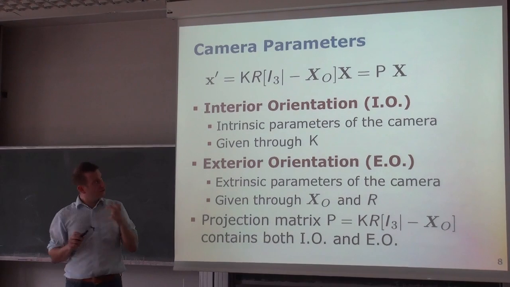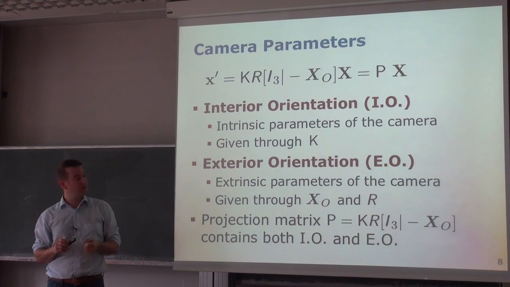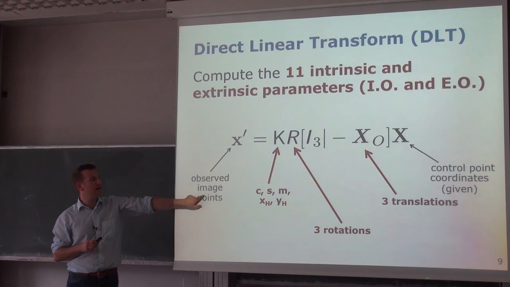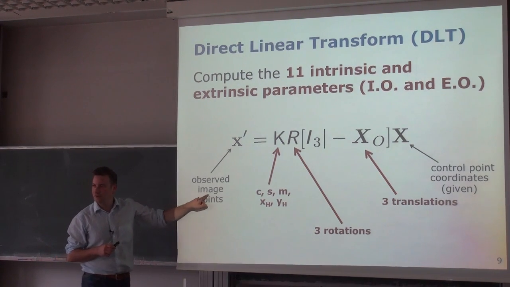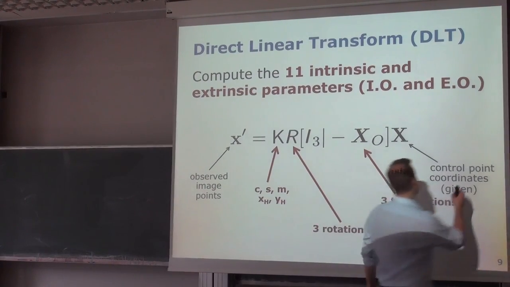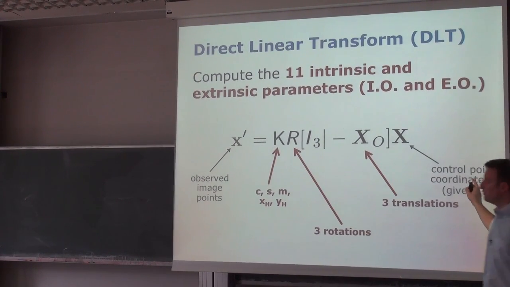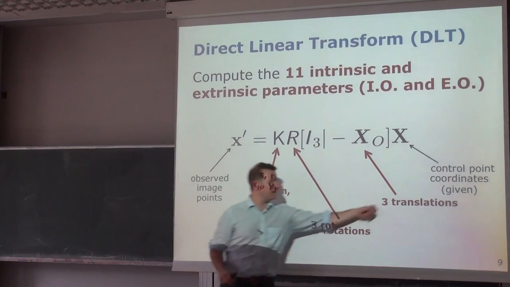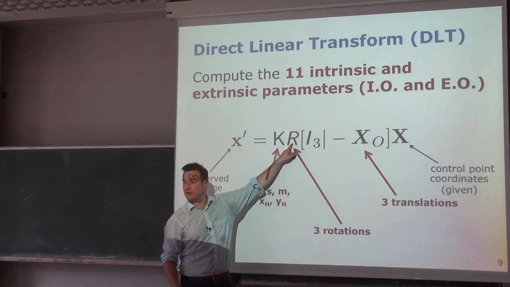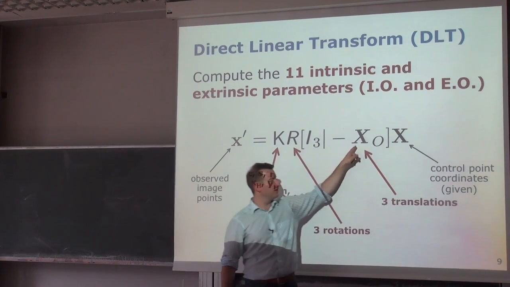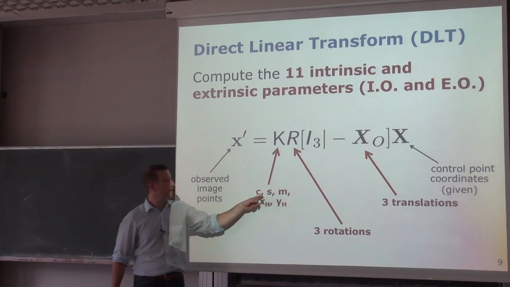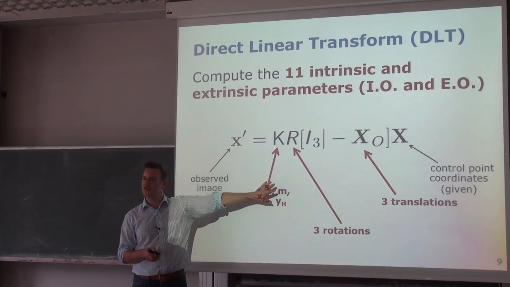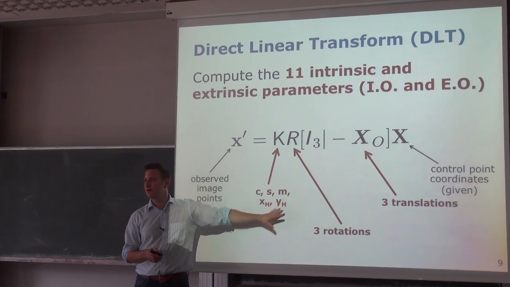So there are 2 different ways to do that. We will start today with something which is called the direct linear transform. In this case, I only observe where an object is mapped to, and I know the coordinates of my control points. I assume this to be given. So this is given. This is what I measure. What I estimate are the red elements. So 3 degrees of freedom for the rotation matrix, 3 degrees of freedom for the translation, and 5 degrees of freedom for my calibration matrix. So that's a task that we will address in the first hour today,